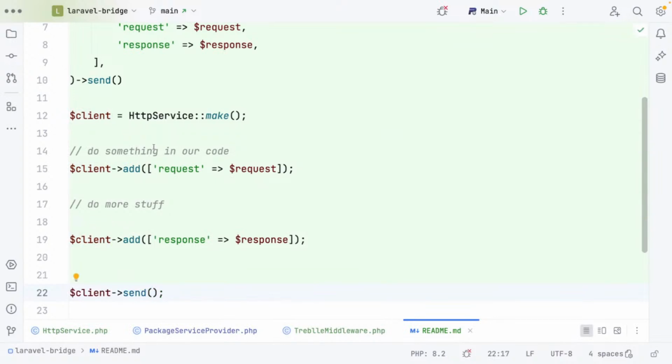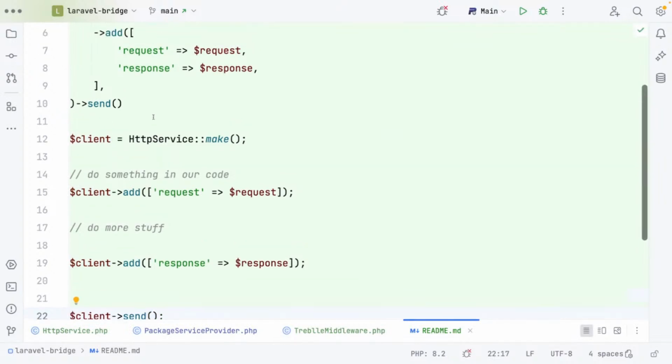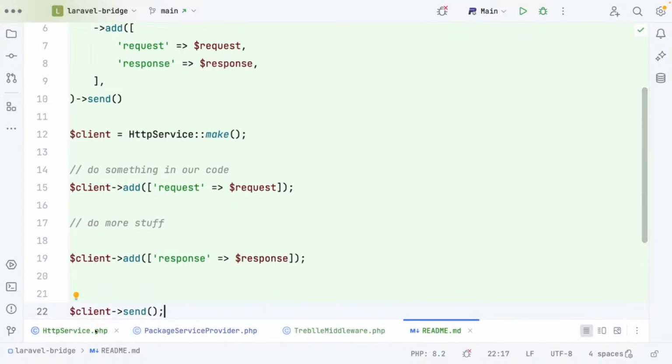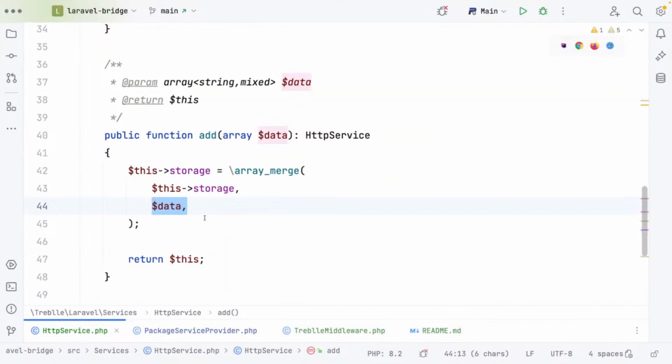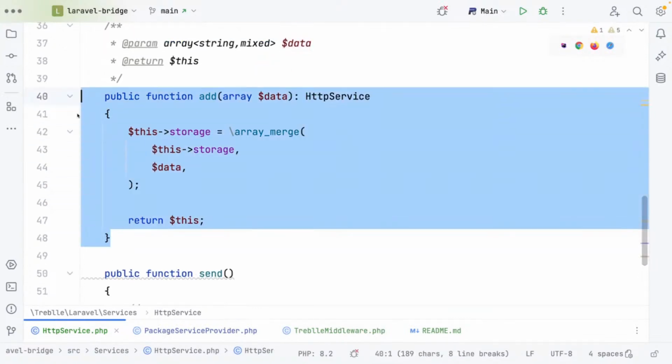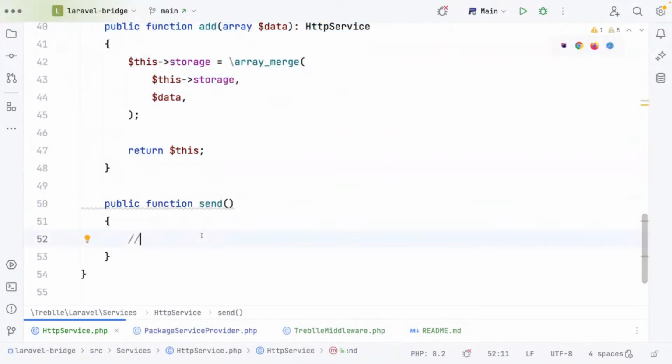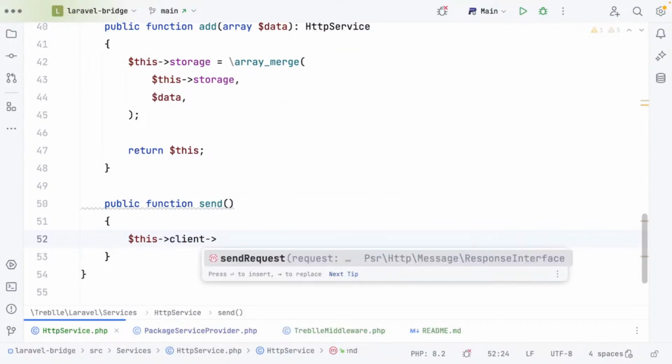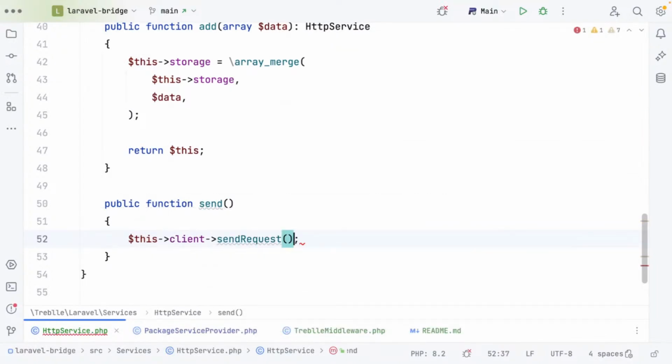I can't tell how you're going to want to use this. I can assume how I'm going to use it, but I want to add things in place to stop potential errors. So I need to go merge that data into there, then send. So at this point, we would say this client send request. Now, the request we are going to build is